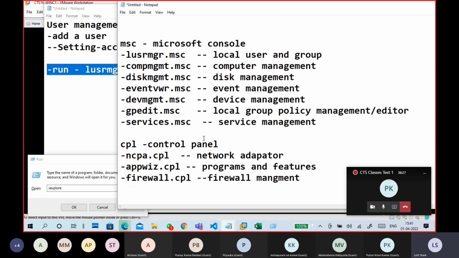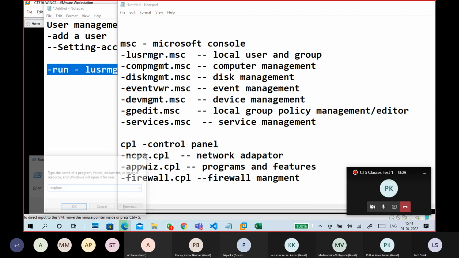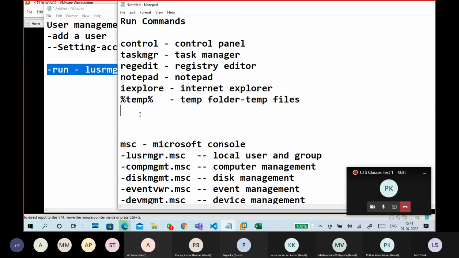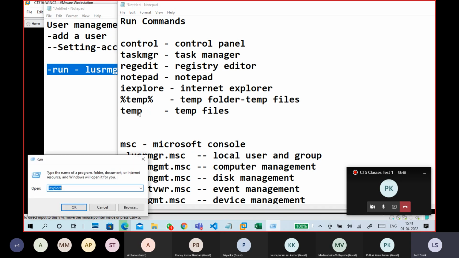Sir, temp, run temp means temporary, sir. Yeah, temp is also the same thing. Temporary files it shows, but the locations are different. So percentage temp percentage.